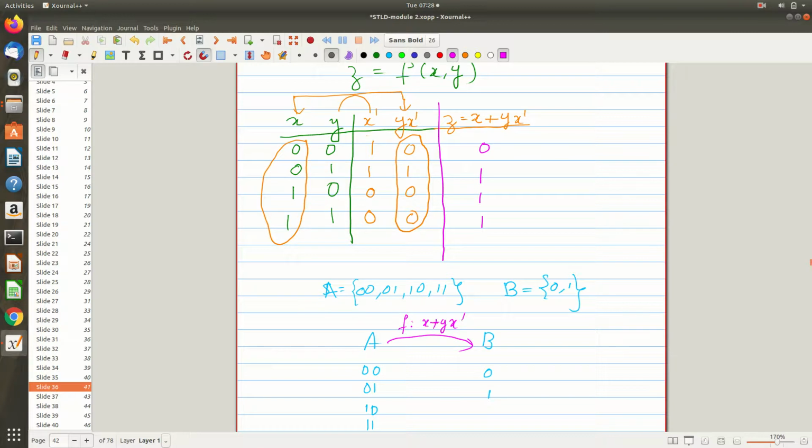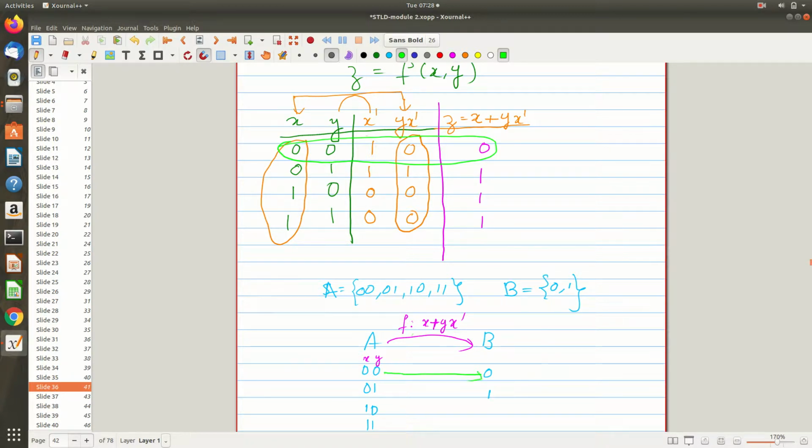The values 0 0, 0 1 are nothing but the different values of x and y, and accordingly the function does the mapping. When I give x and y as 0 0, the function maps 0 0 to 0.